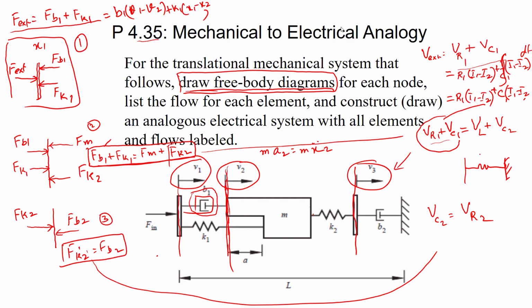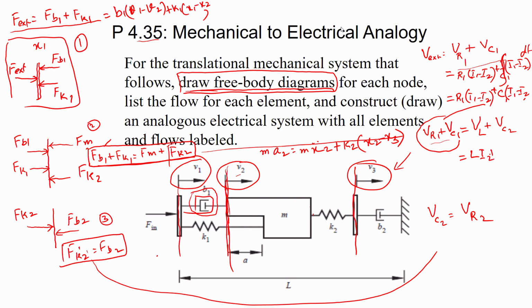I'm just going to delete it. So FK2 is between the two nodes, K2 times X2 minus X3. And this one would correspond, this is the exact same one. So VL would be equal to L